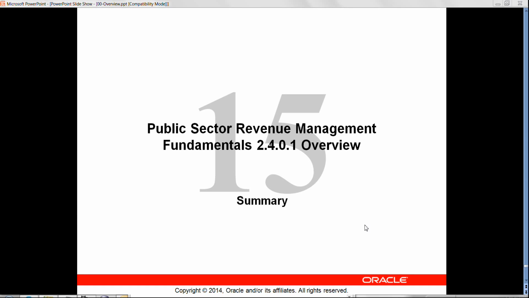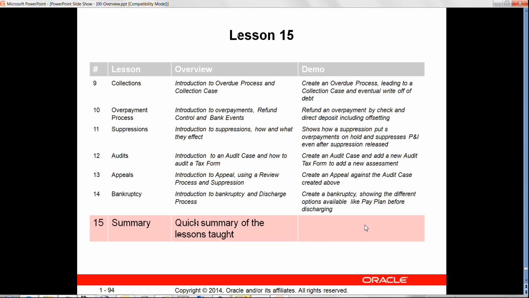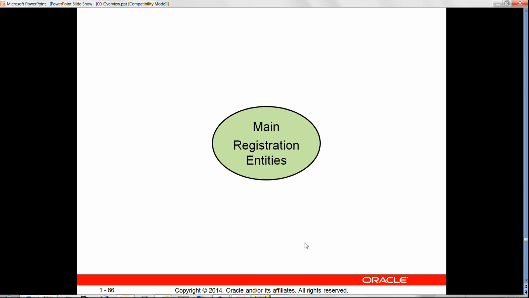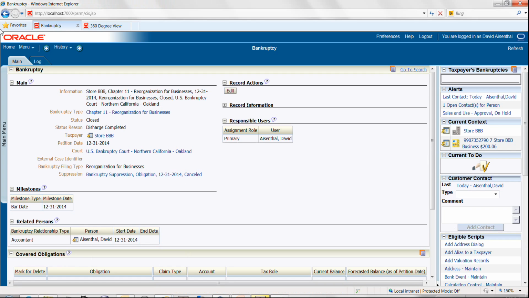Welcome to lesson 15. This is the PSRM Fundamentals Overview. This is a quick summary of the lessons which we have gone through, lessons 1 to 14, and the things that we have learned. This whole section is reiterating the large picture of the functionality and what we saw through the example that we took, which was a case of a